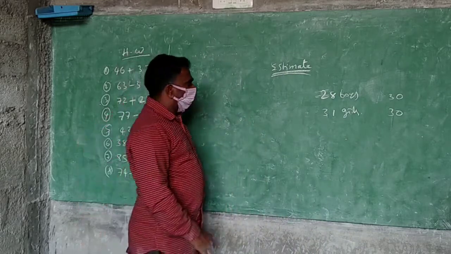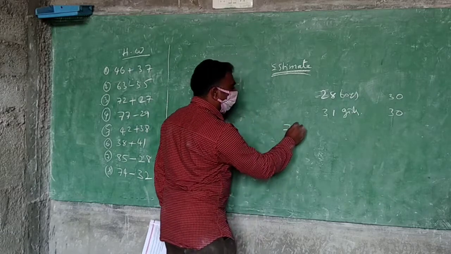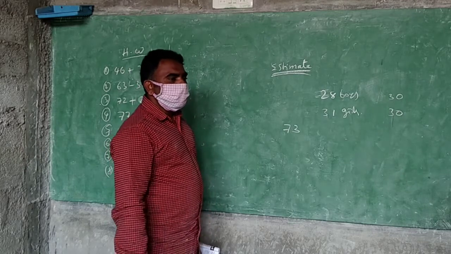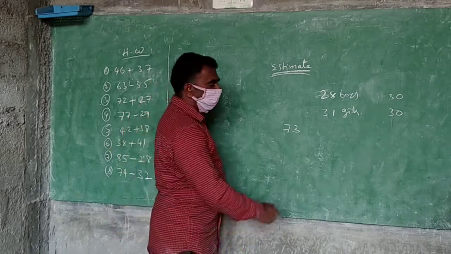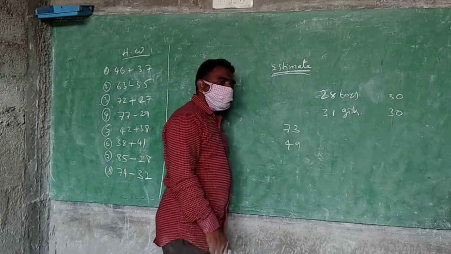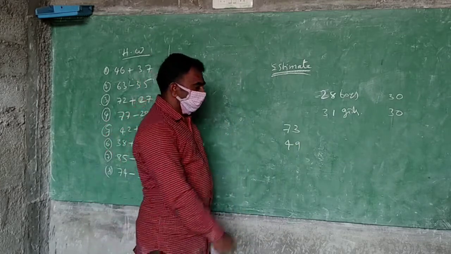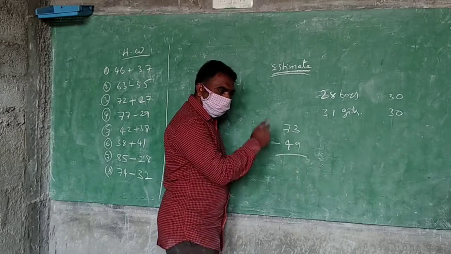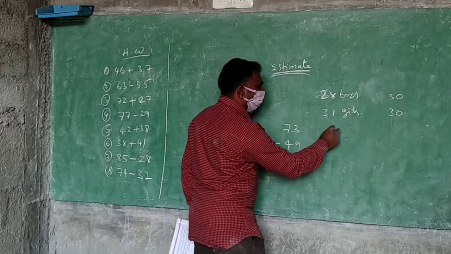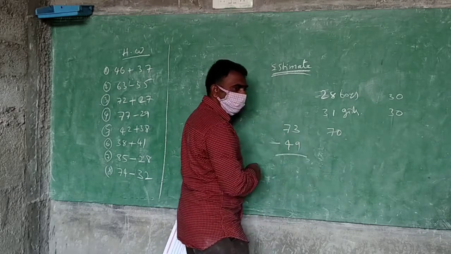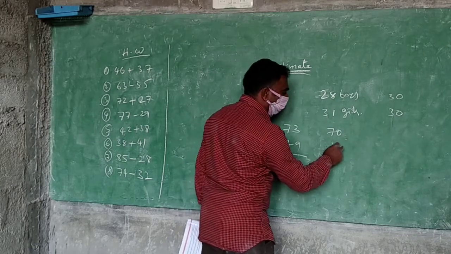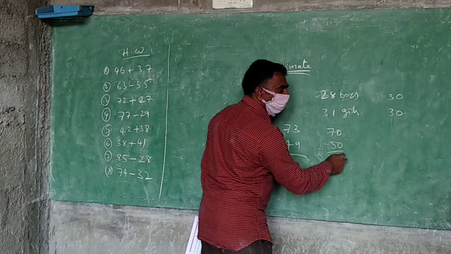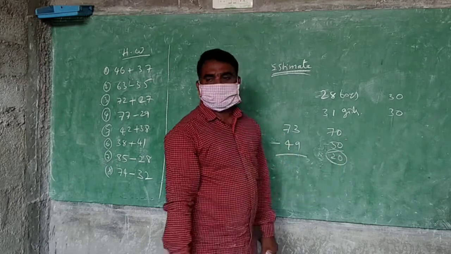Okay. So you have 73 apples. Of that, 49 apples I take. How many are left is the question. What should you do actually? Subtraction. But I am asking for the estimate answer, no. Then what will you do? 49 you will take as 50. 73 you will take as 70, because it is near to 70. 70 minus 50 is 20. Like that, roughly 20 you will say.